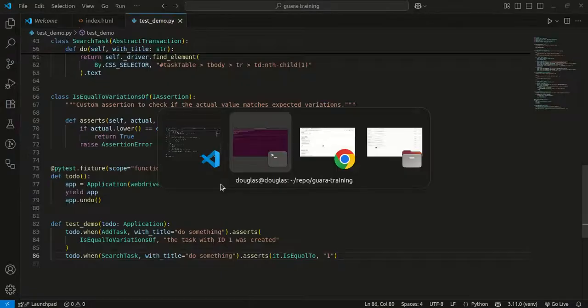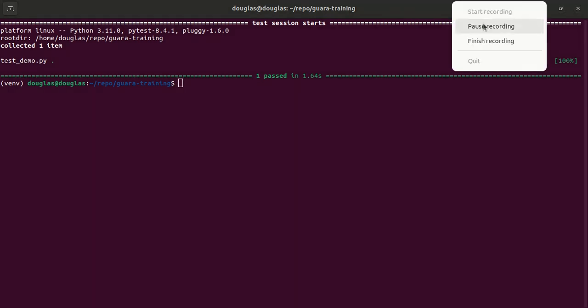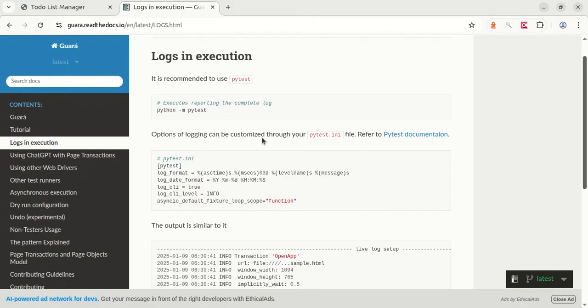I will just stop for a while to get the correct documentation, and we will see how we can expand this logging. Just a minute. Okay, I'm back. In the documentation, it was not hard to find. If you go to logs and execution, you will see that there is a recommended way to execute the test,